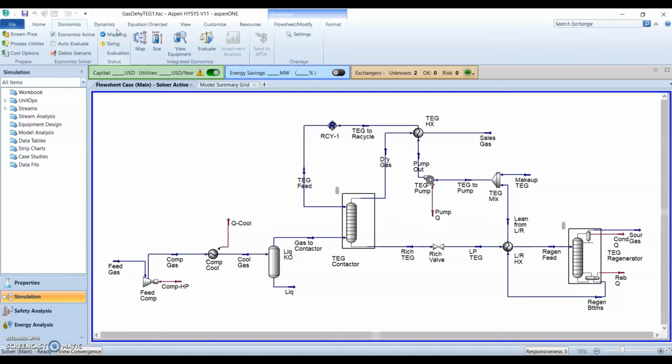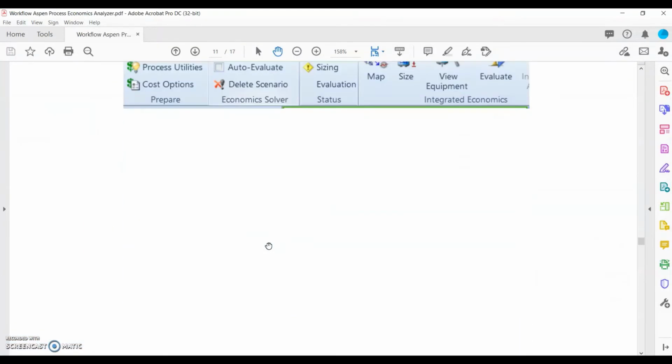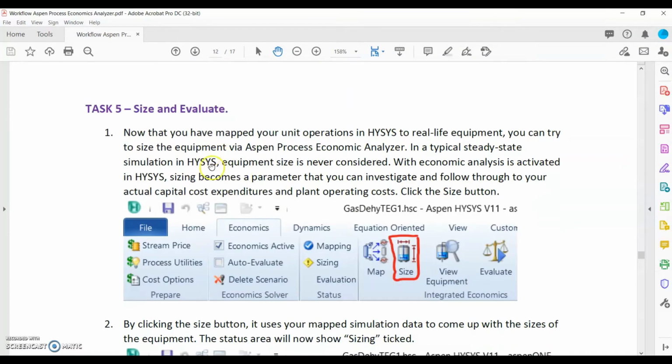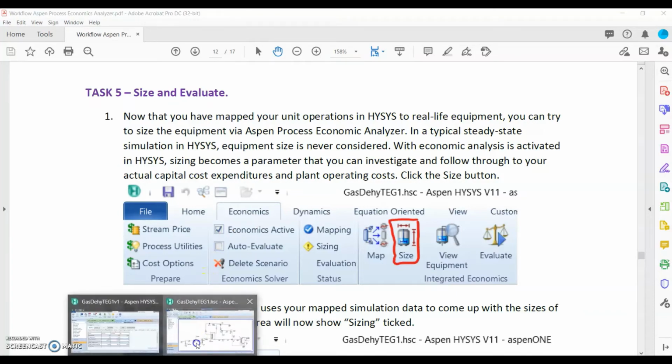Once we have done the mapping, now we can move on to the next step, which is sizing and evaluate. After we select the type of equipment, now we will allow APA to perform the sizing of those equipment and then evaluate the costing of those equipment. So how do we perform that?